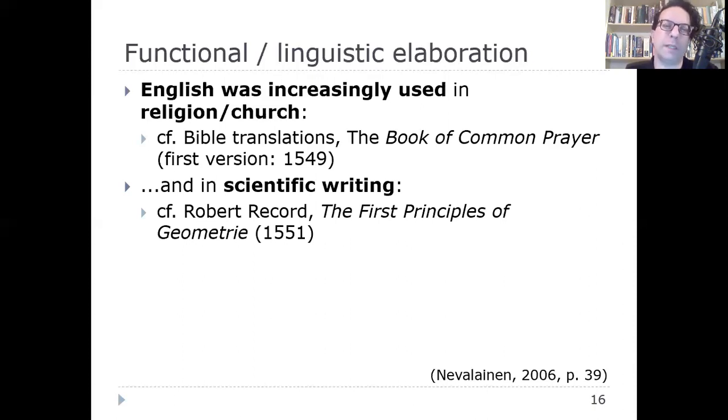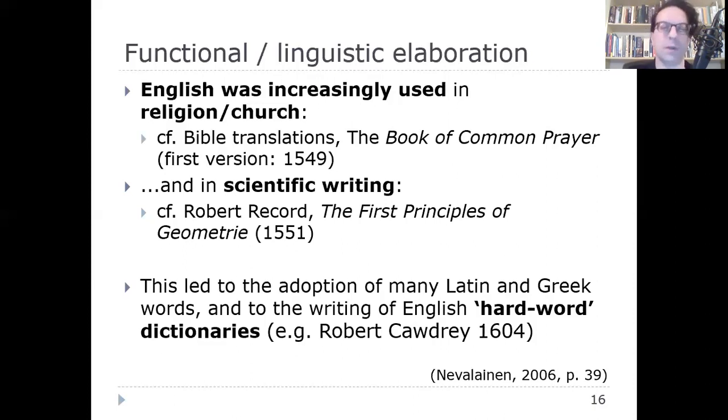English was also used increasingly in science. So, for example, Recorde's The Principles of Geometry is the first geometry book written in English. Yeah, just as a side note, if you have been to a Middle English course, you might remember Chaucer, for example, wrote a treatise on the astrolabe in English as well. So it's not like English had never been used in these functions. Of course, it had been used in these functions as well in the Middle Ages, but just not as regularly. Latin still was the predominant language, and this was now slowly changing in the early modern age. This led to the adoption of many Latin and Greek words into the English language,